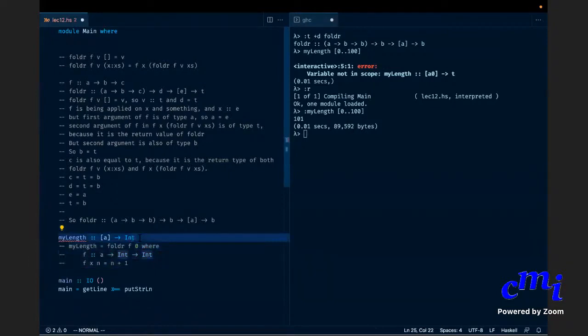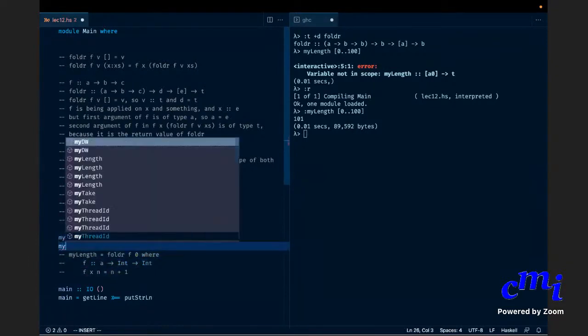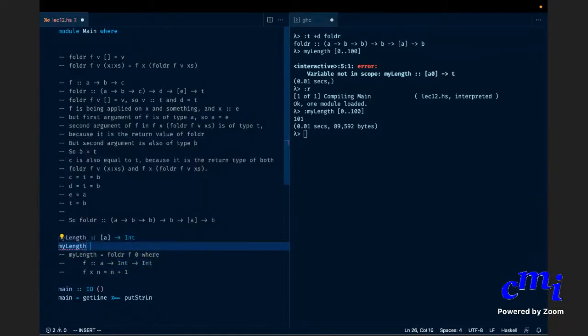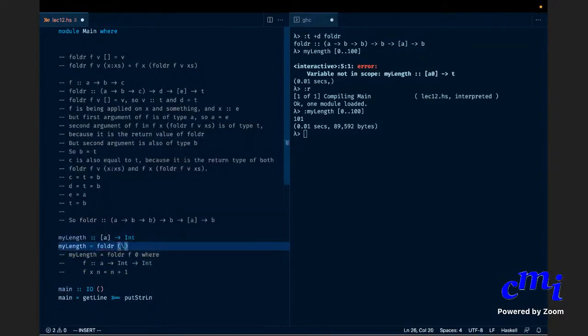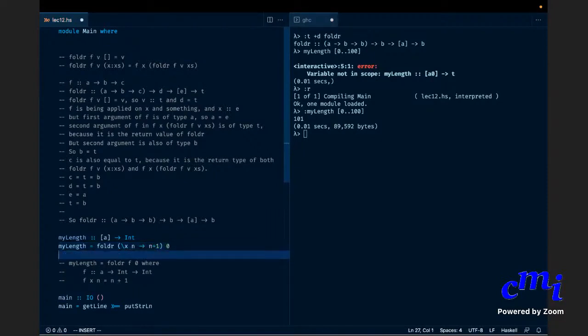Instead of all that, you could have written it to be my length equals foldr (\x n -> n + 1) and the initial value is 0. Is this clear? Yes, now I'll save and recompile.